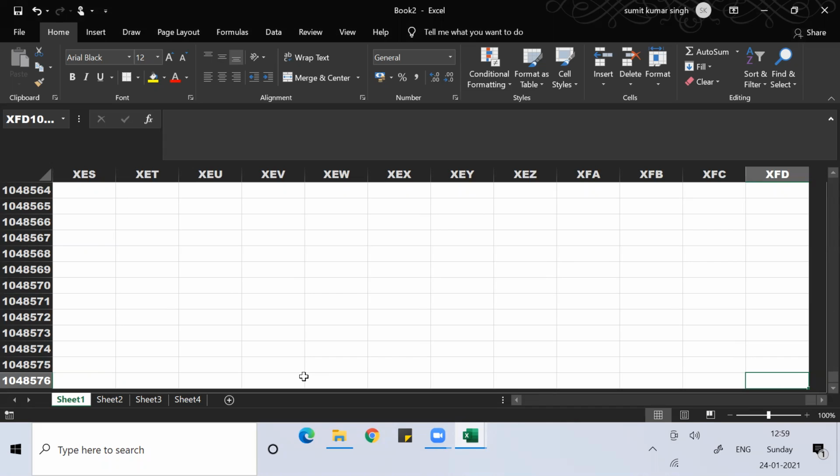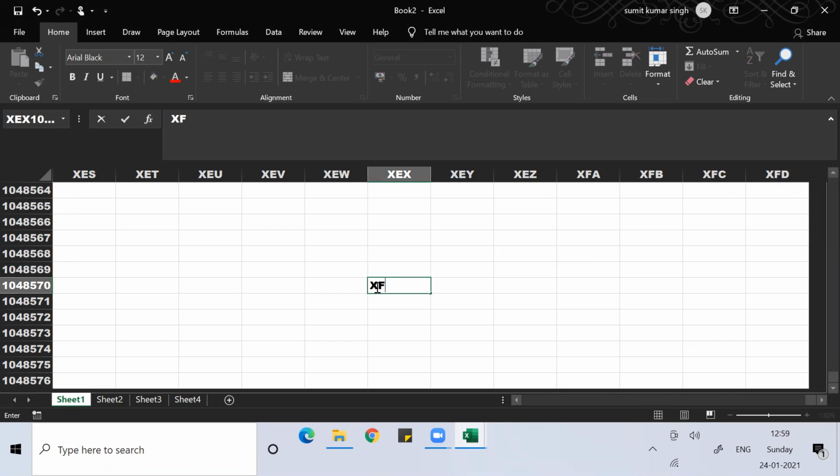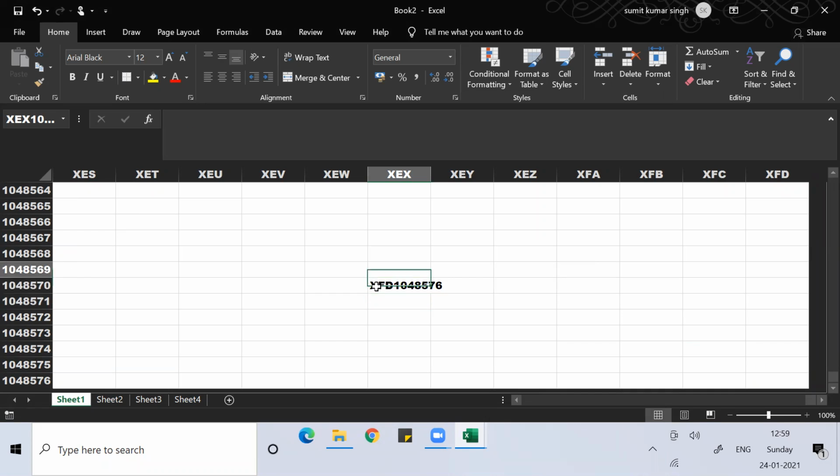You can see the last column is XFD, and the last cell is XFD 10 lakh 48,576.